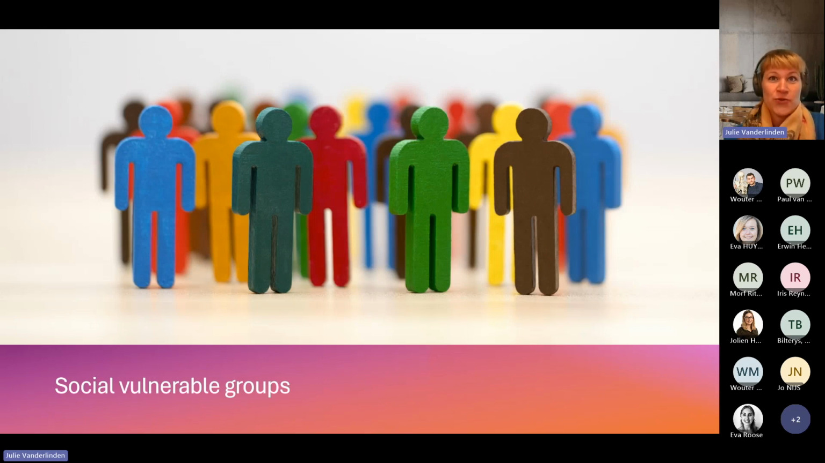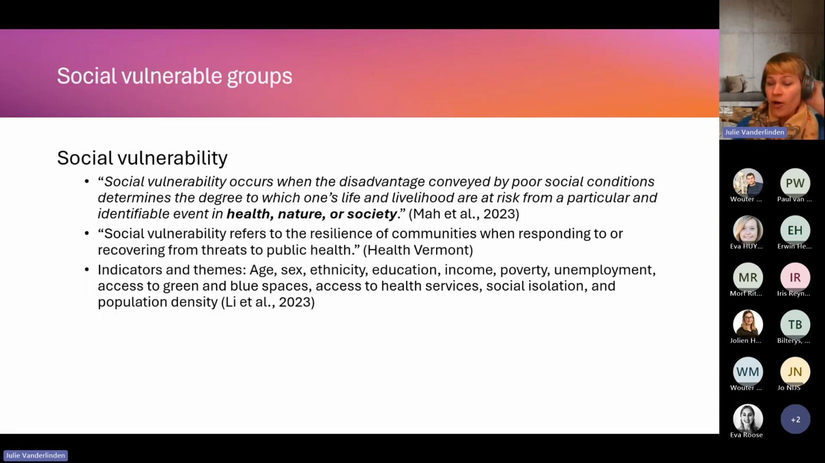So we talked about those target groups, socially vulnerable groups or social vulnerability, but what is that? In order to talk about this target group, I think it's important to know that there are several views or frameworks that try to scope or narrow down this broad group or term. But whatever definition you use, it is important to know that it is the